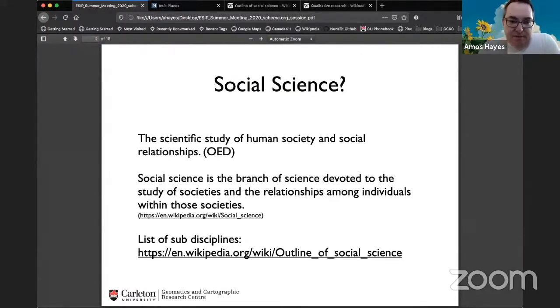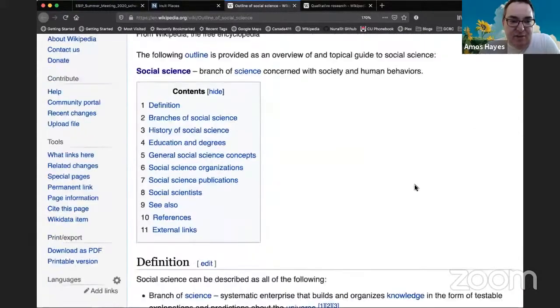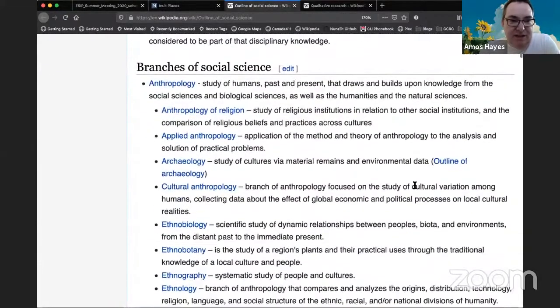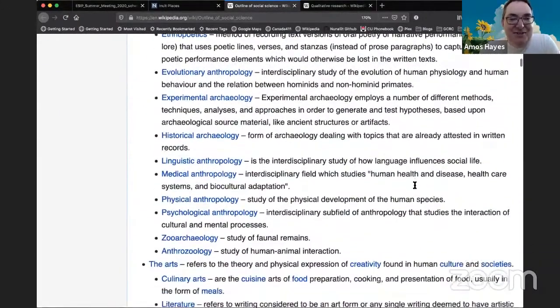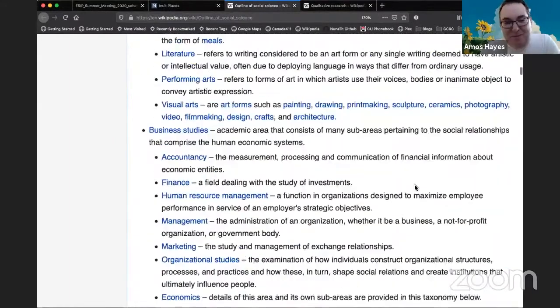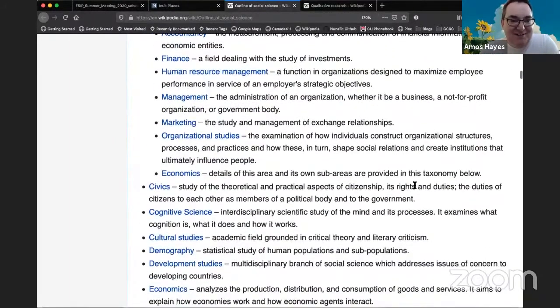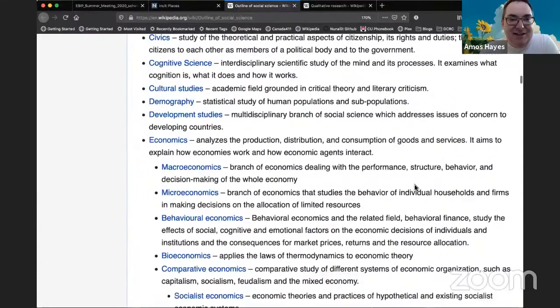So social science: the study of human society and social relationships. There's also a lovely Wikipedia definition that looks very similar, which is nice, some semblance of consensus. If you're interested in a list of sub-disciplines, that link will take you here, and you might recognize some of these disciplines. There's a very long list, so I'm probably speaking to people who know all of this, but I just thought I would toss that in there.